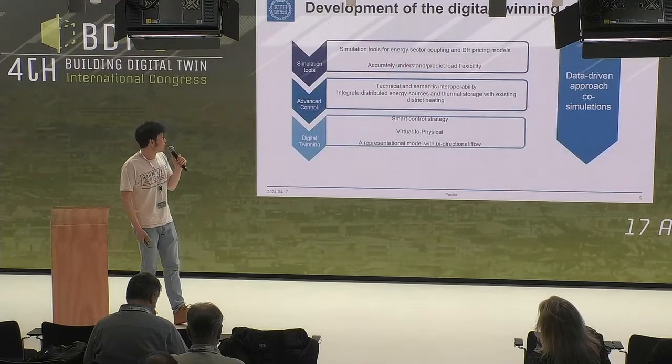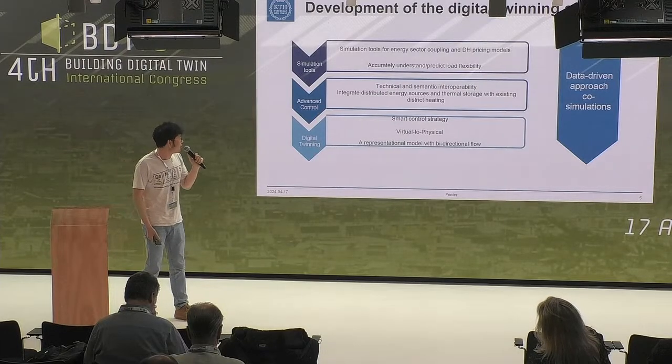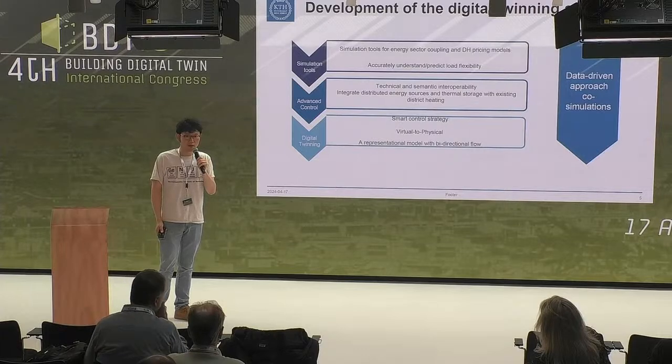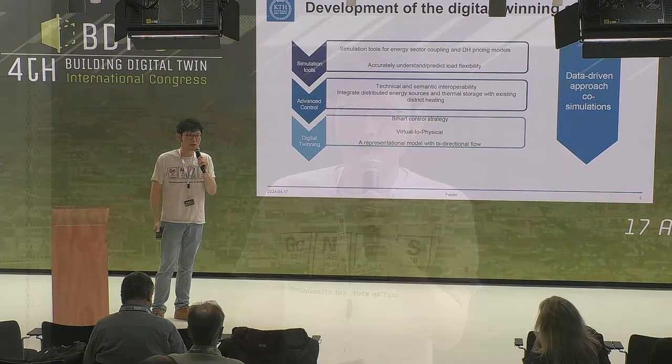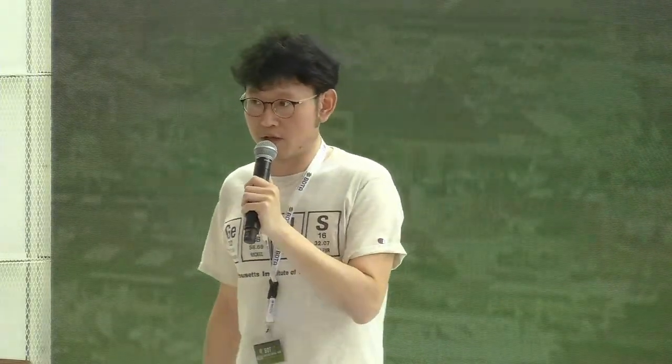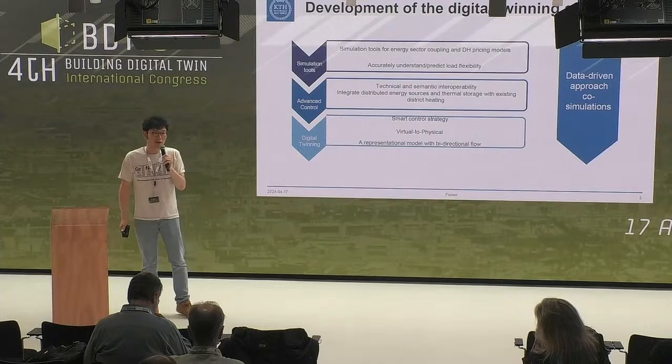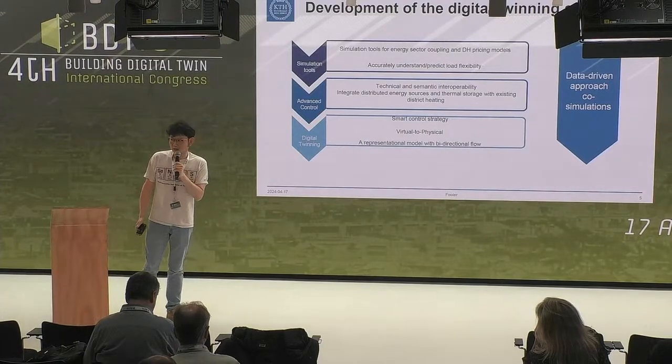And this has been the work we've been focusing very much on, because in order to develop digital twinning, it's very much needed to understand what are the tools you want to use. And if you have, say, 20 different types of systems connected into a network, you need to have a robust co-simulation platform. And then the problem comes, because when you have different hardware, different manufacturers, all of you have different data models and protocols, and how we can operate the control sequences in a loop. So that's how we came into more interest in this digital twinning aspect.